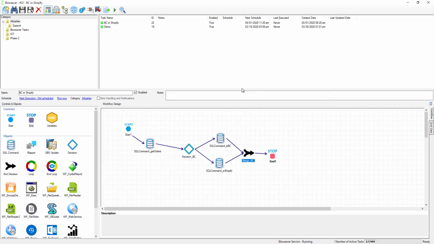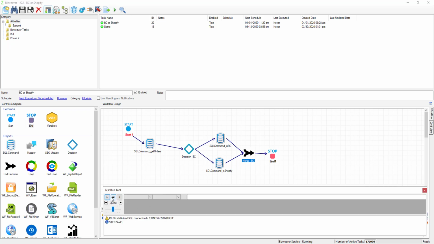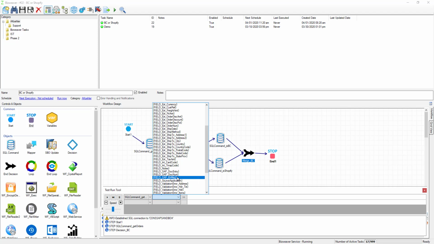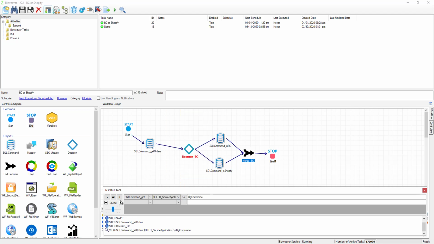and that's it. Once we run this, it's going to go down the path, whatever the decision sees in that field. So right now, we're just going to run test run, get orders, and then we're going to our decision. And if we select that step and the field we want in our source application, we can see it says BigCommerce, and it's going to go up, which is exactly what we wanted, and end the workflow because there's